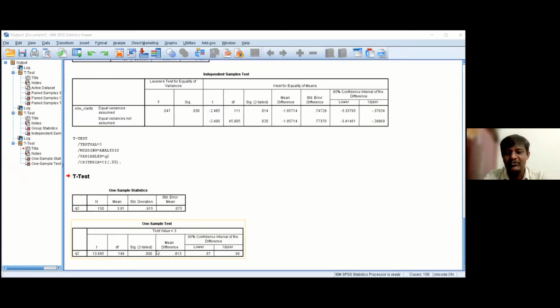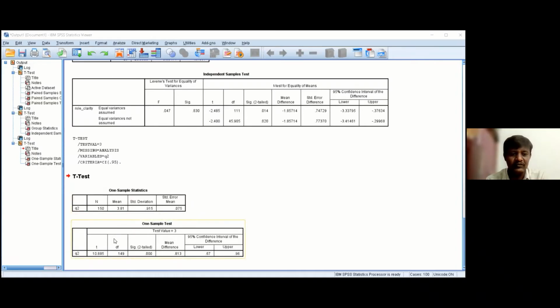How do we confirm this? We can take the mean value and compare it with the test value. The mean value we got here is 3.81. When you compare this 3.81 with the test value 3, it is not equal. It is a higher value.